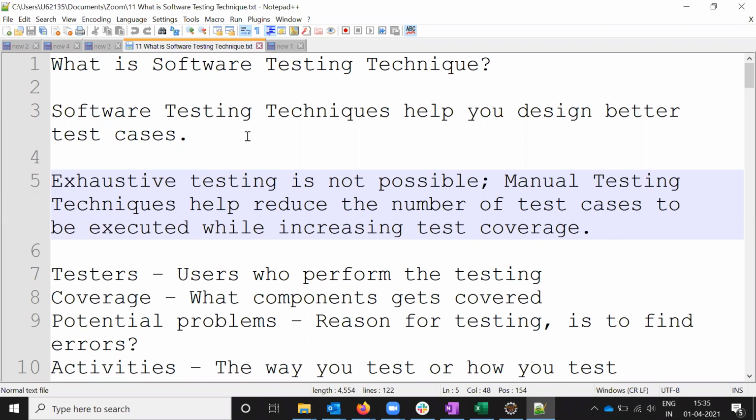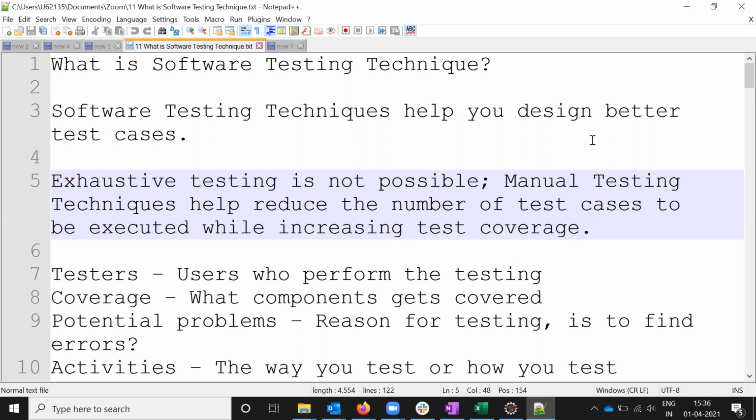Software testing techniques help to design better test cases. When we use software testing techniques, we can improve our test cases. Otherwise, imagine you are not using anything, and there is one story that needs to test 100 negative scenarios and one positive scenario. Then we write 100 negative test cases and one positive, which means 101 test cases for only one story. If we have 1,000 stories, it will increase even more, right? Each story will have 100.